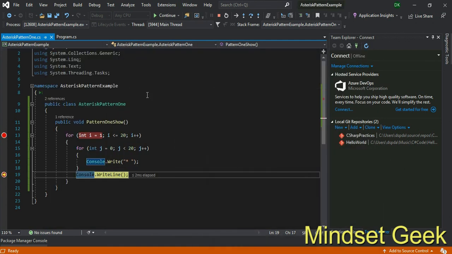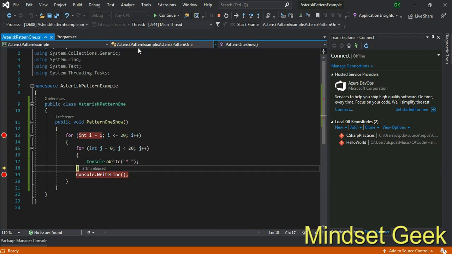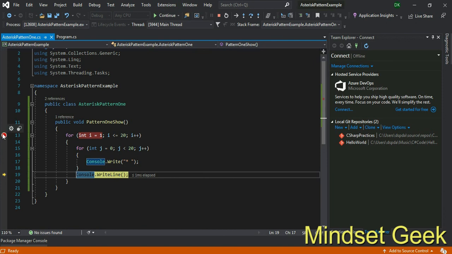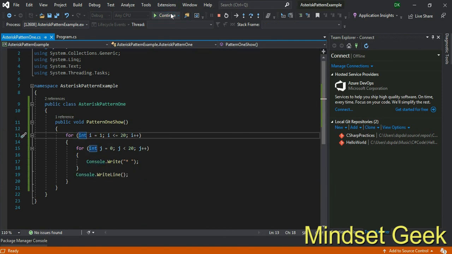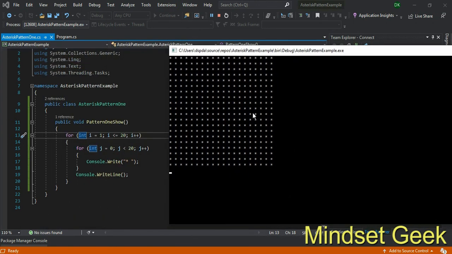Same way, F10. Now your i will be 3 and again it runs 20 times. Check that 3 lines have printed. In that way your project will run, and this example pattern will print, right? I think now you have some idea about the logic. For identifying this logic, the debug key is important.